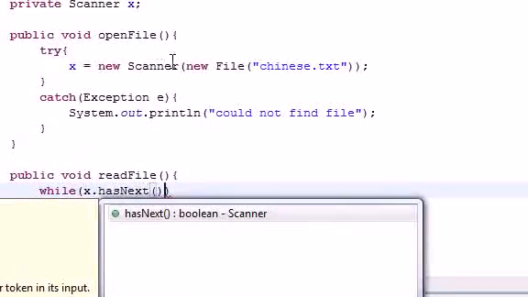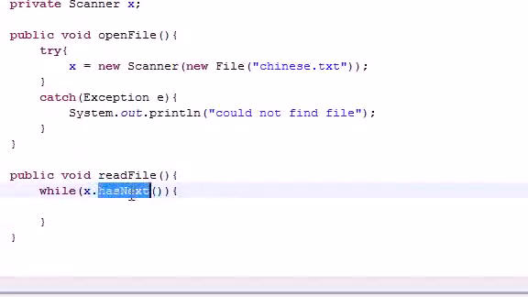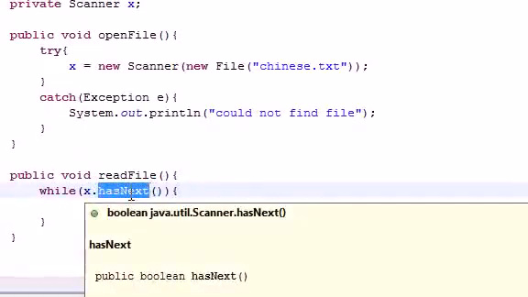And what this is going to do, it's a built-in method. It's going to make a while loop, and it's going to keep going until it reaches the end of the file. So it's gonna loop through this, and has next pretty much means if you hover over it, another input. So as long as there's something there, it's gonna continue. As soon as there's nothing there and it reaches the end of the file,